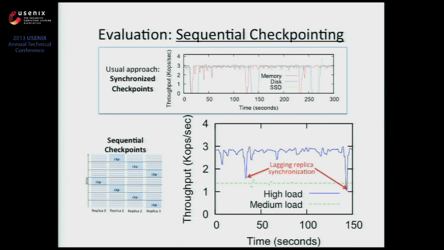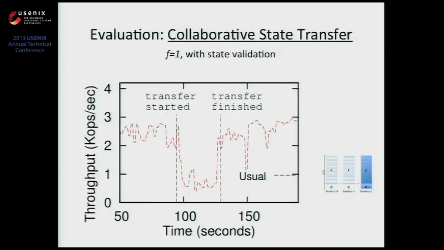Because you have the quorum, and when you run this kind of protocols, there's always some replicas that go in front of the others, okay? But if one of these replicas stops to take the checkpoint, one of the lagging replicas needs to keep up with them and participate in the agreements. And this causes this problem here. But if you have a medium load or a low load in terms of writes, this problem never happens because before executing a request, there's always time for these lagging replicas to keep up with the remaining of the system. But this is an interesting phenomenon that happens with this kind of protocol. And if you are interested in discussing it, you can ask me later.